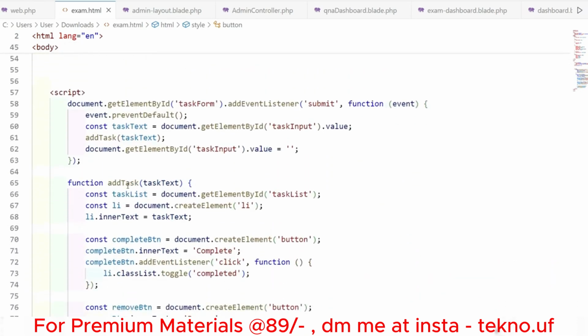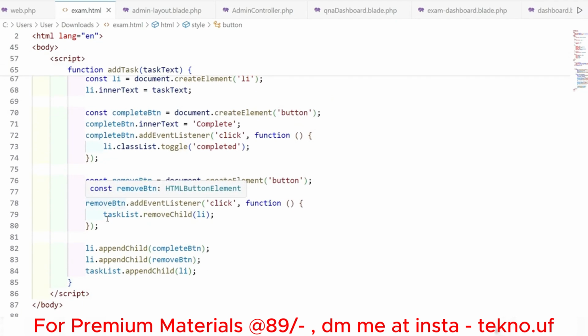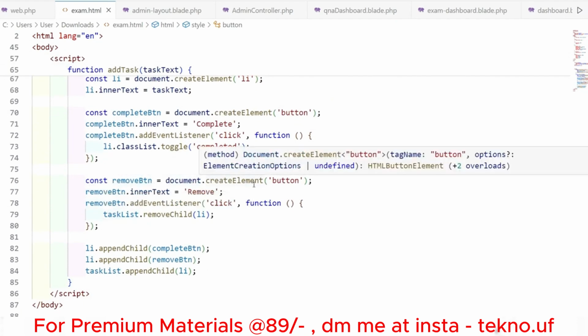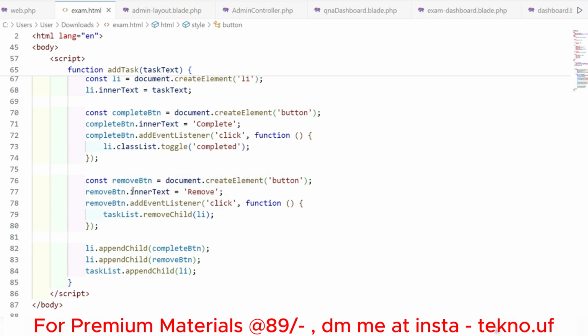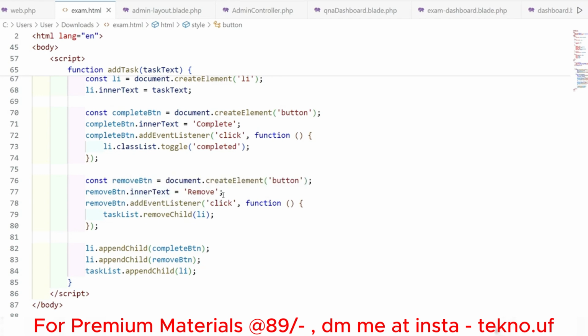Okay, so I hope you understood. Then what we are doing is creating a remove button. So constant remove button, this is the variable. Then document.createElement, and we are creating a button again, and we are giving the name of the button, that is remove button. removeButton.innerText is equal to "Remove". So removeButton.addEventListener, so we are creating an event for this as well. So when it will be clicked,